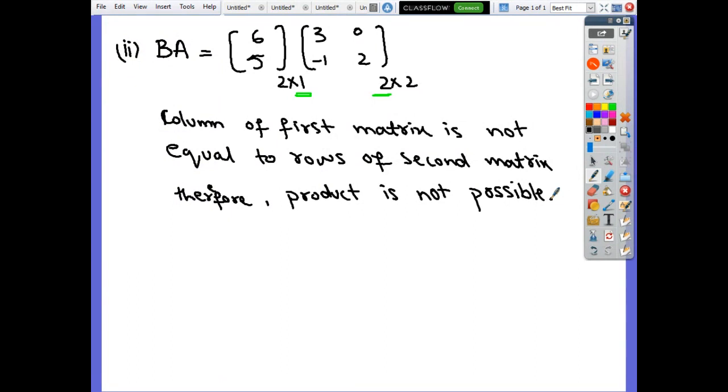Now similarly, you can solve question number 3 by yourself. It's homework for you. And also question number 4. If there is any problem, raise your hand. Here we revise all the content of exercise 1.4, so raise your hand if anyone has any problem about any question or the product of matrices. If you have any problem, you can research for tomorrow. If you face any problem, you can ask one by one.